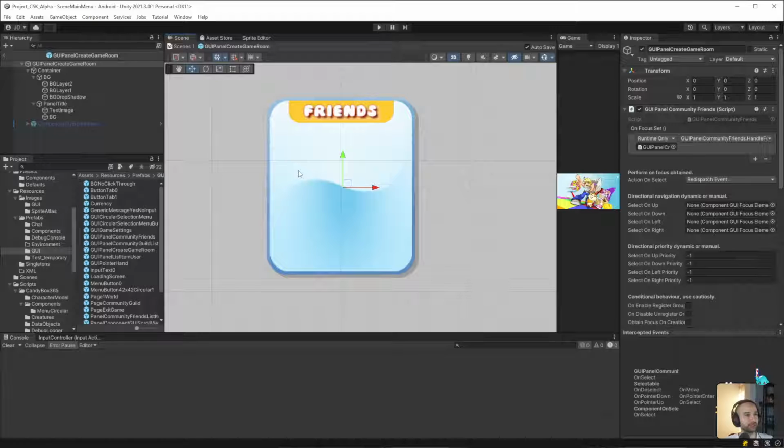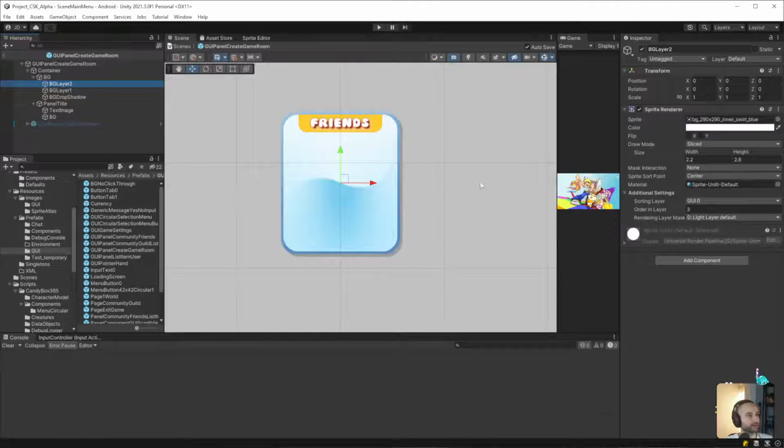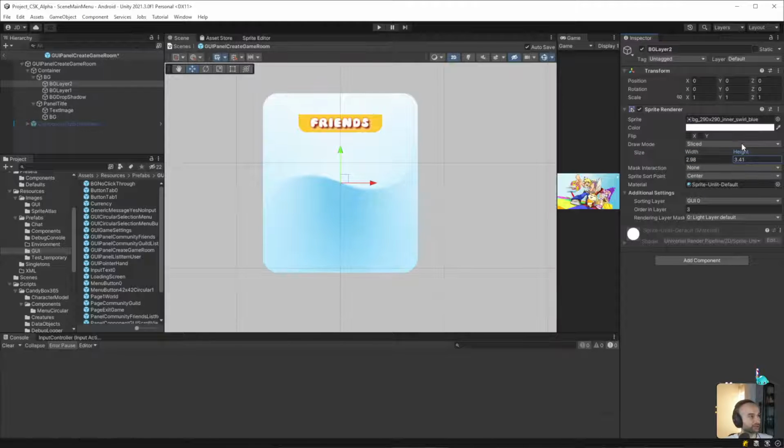So what we want to do is kind of enlarge this a bit. So let's go to the background and see what we want the width of this to be. And it's a 9 slice, so it'll stretch well. Roughly about that size.